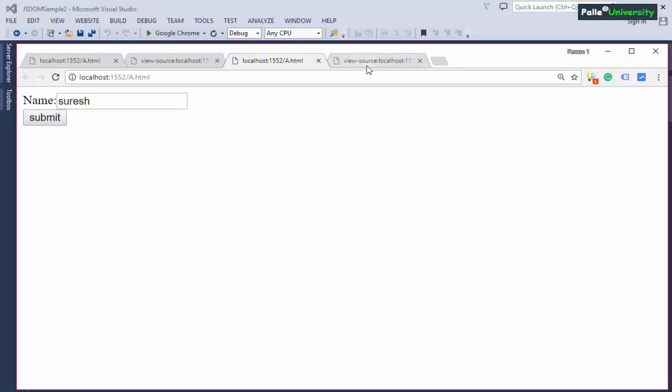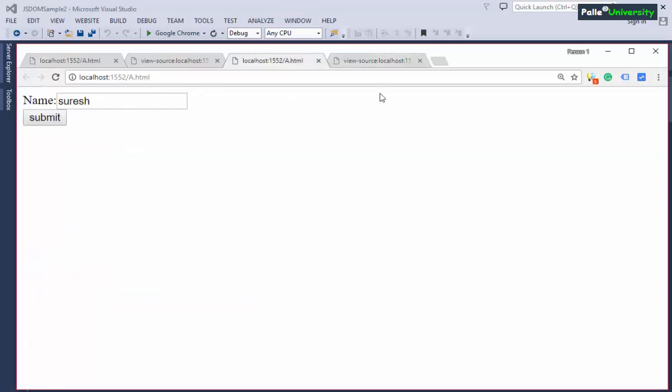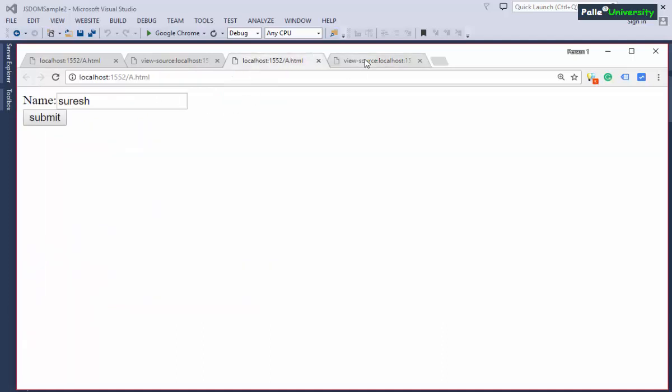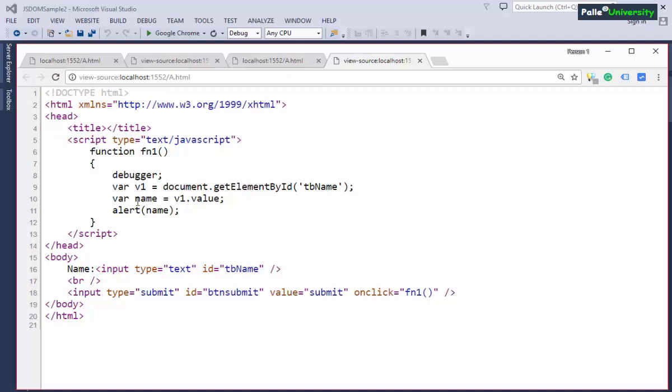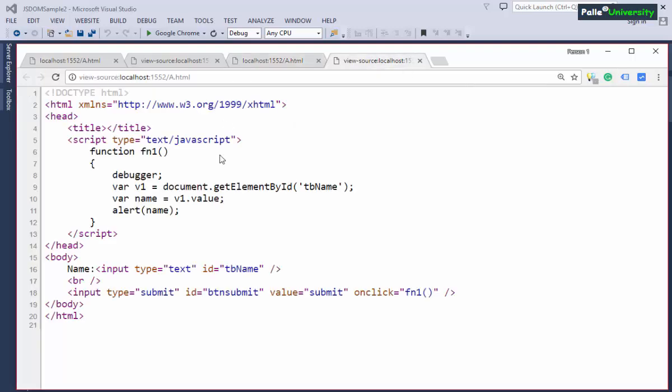When we click on the submit button, for sure this fn1 function must be called, and the fn1 function must be able to get the reference of this text box in the DOM tree. So v1 is pointing to the corresponding text box. By using v1.value, we are getting the data present in the text box into the name variable, and we will be displaying that value by using the alert function. Now if everything works fine, when I click on the submit button, in the pop-up box I must be able to get the value as Suresh. Let me do this. Am I getting the value? Yes, Suresh I am getting in the pop-up box, right? So this pop-up box I am getting just because of this alert function.